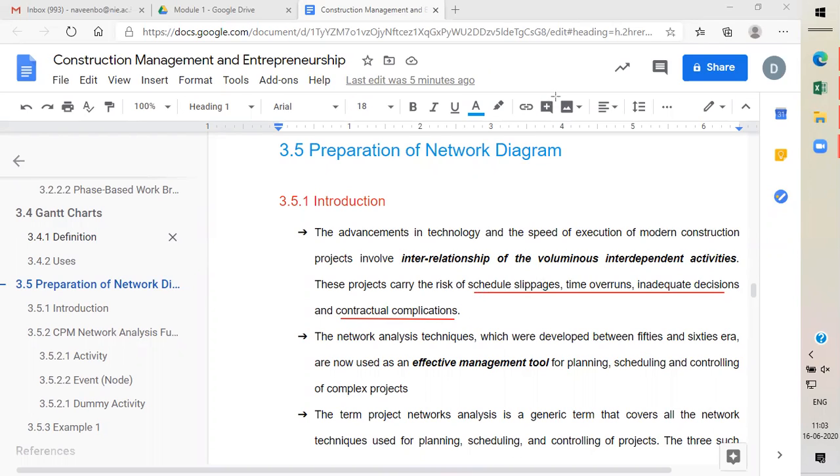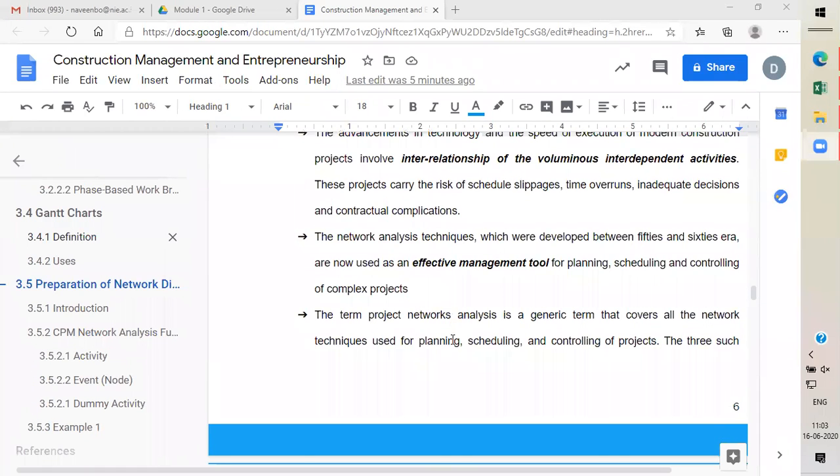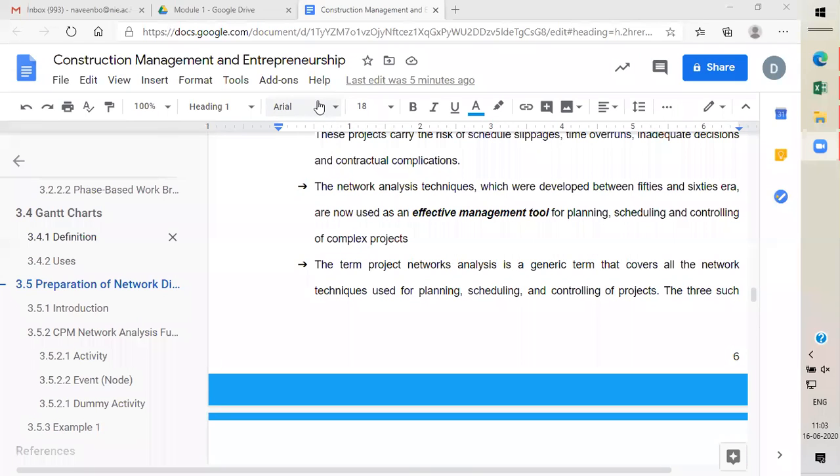There are three or four types of network diagrams that are popularly used. We call them effective management tools for planning, scheduling, and controlling of complex projects. What are those?